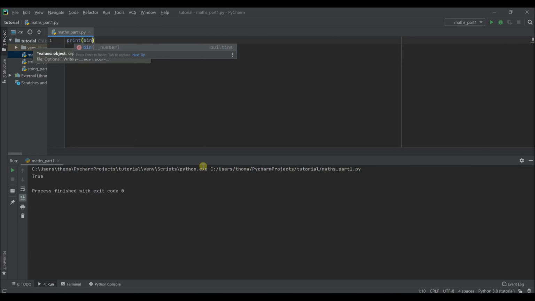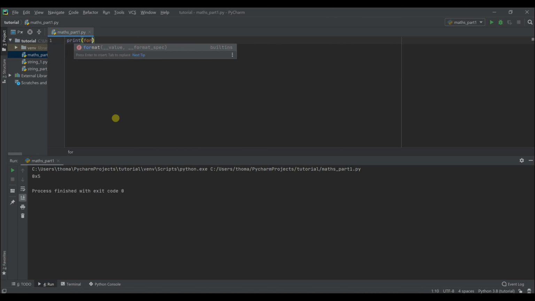Okay, we can also do conversion from integer to binary with this function. So as you can see, the binary number for 5 is 101, and it tells that it's binary with the 0b, 2 characters at the front. You can also go octal. You can also go hexadecimal, and if you print that,